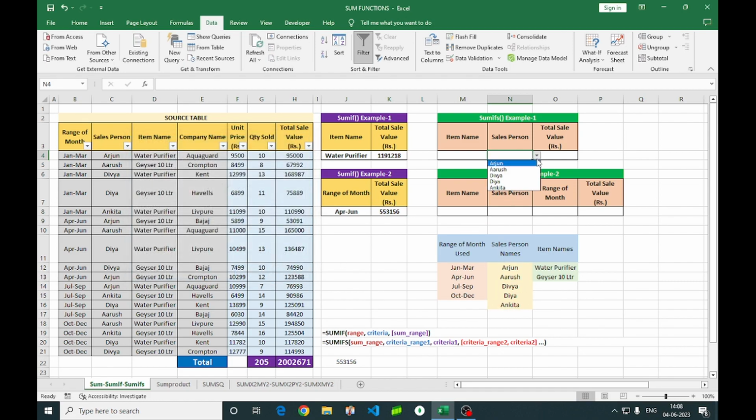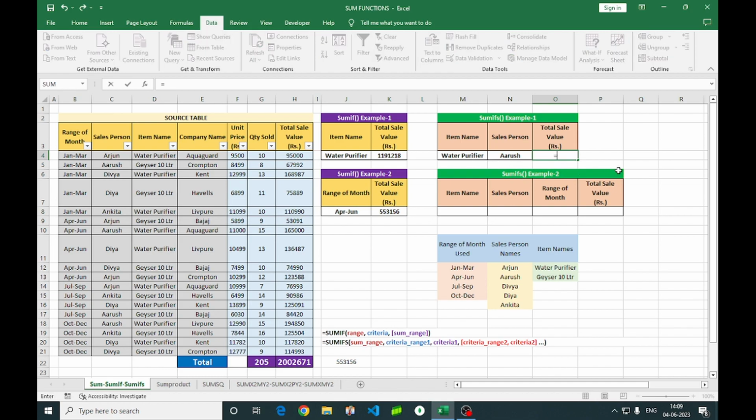Click OK, right? Next, I have to calculate the total cell value here. Suppose I select here item name water purifier and salesperson Arush, meaning I have to find the total cell value for the item water purifier and the salesperson who sold this item,